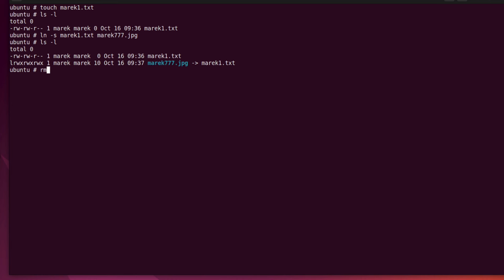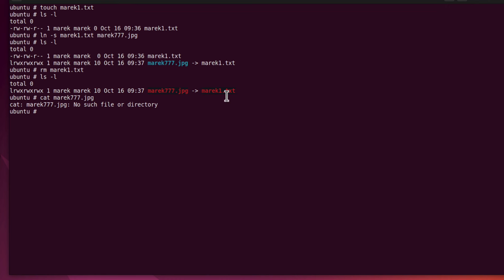So if I remove marek1.txt now, as you can see, we are left with a soft link, but we can see something is wrong with it. It's red, because we lost the information it needs. This soft link is now useless. You can see no such file or directory. We can run stat on it,